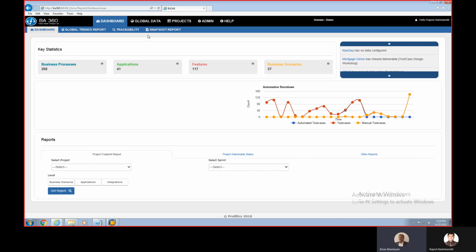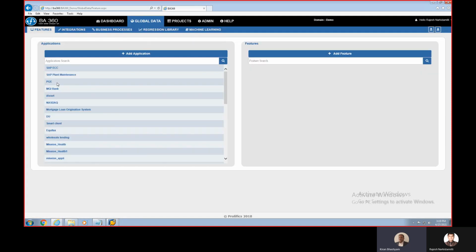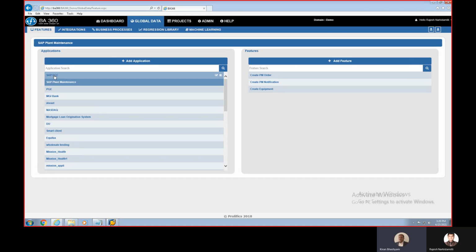So once we look at the dashboard, the next step is to get into global data. As the name denotes, all the information related to the applications and features related to a given environment is stored here. For today's webinar, we are taking SAP